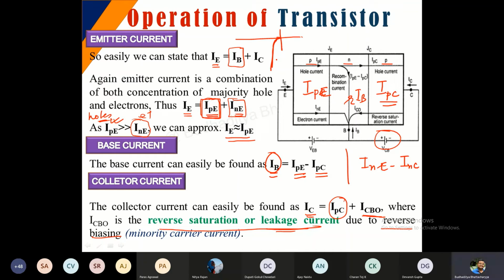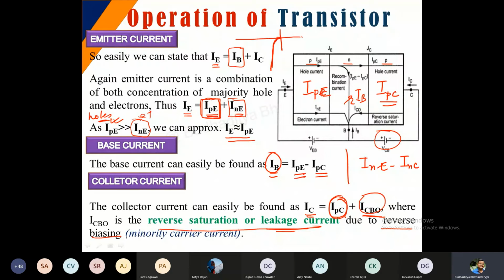So that small little current that we are looking at, that is ICBO. Okay, so for the collector also the same thing will happen. So IC is the majority current, that is primarily the source of the current, and ICBO is basically a lost current. You can say it's a leakage current that we are discussing with respect to the combination that we are in. So this is about the individual currents, how they are expressed in terms of different individual currents in the emitter,